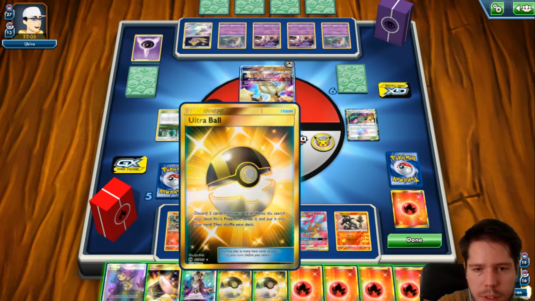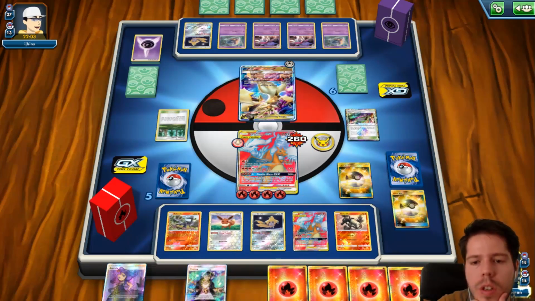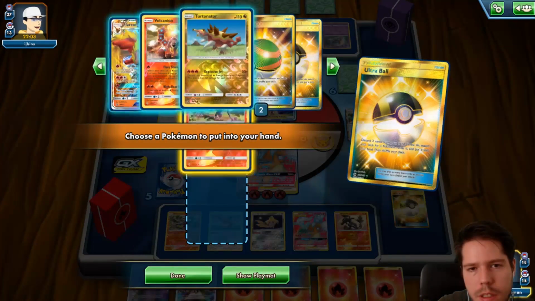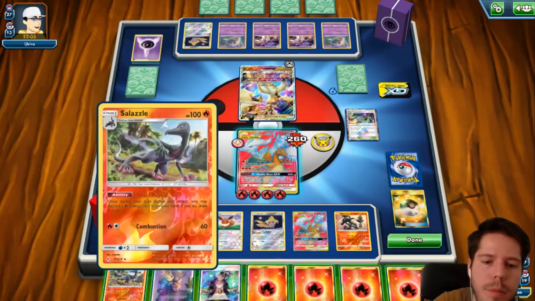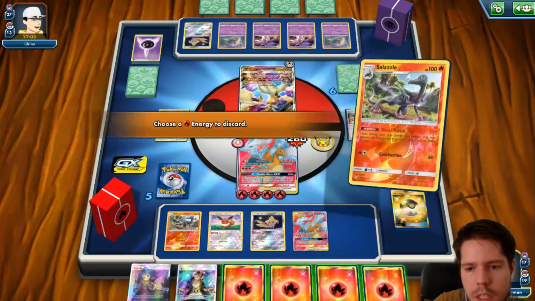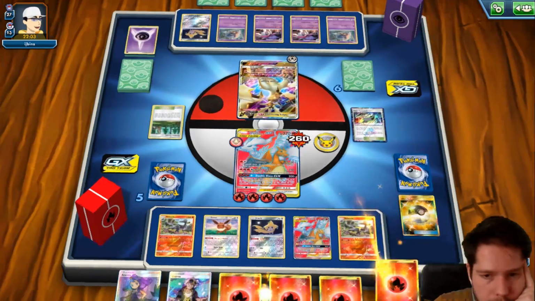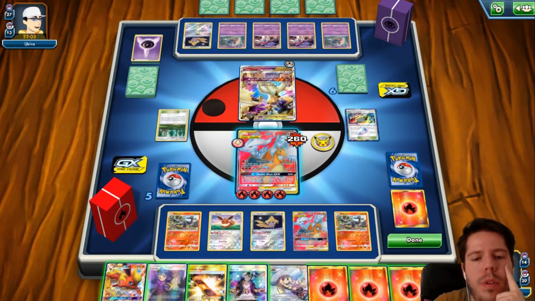No Welder as of now, so I think I'm gonna go ahead and Ultra Ball these 2 for the other Salazzle. I'm looking for Welder, basically. I mean, it can be over the course of 2 turns, but I do need the Welder. If not this turn, then next turn for sure. If I could Welder plus